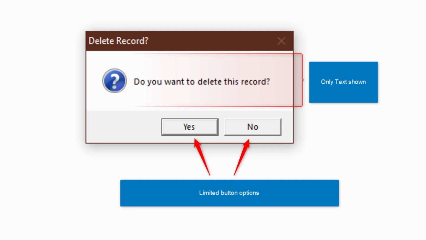PowerBasic's Windows help file does give you a list of what options you can use with the message box. You can use it either as a statement or as a function. The idea behind the function is for you to prompt the user to click one of the buttons and it will return the value the user has actually selected. So in this example, we are prompting the user if they wish to delete a record or not. And we're giving them 2 buttons, a yes and a no.